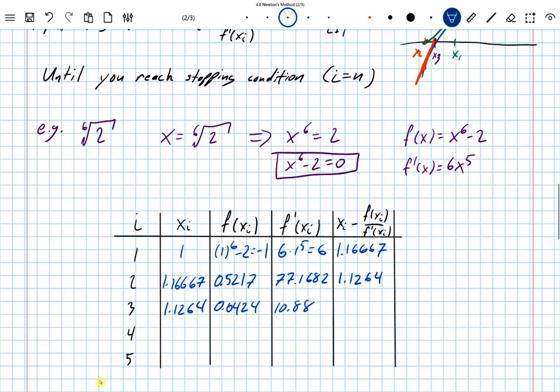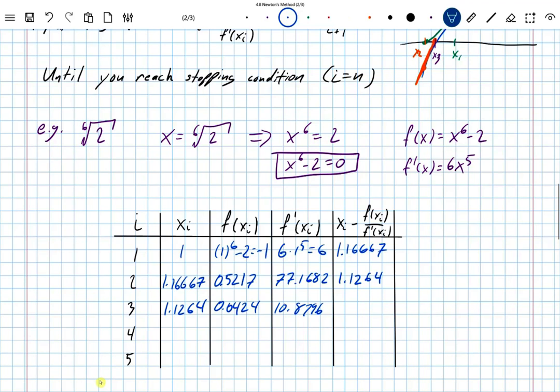You don't have to do this whole table. I just think it's kind of helpful in showing my work for you all. Certainly it would help you keep your work a little organized for yourself if you did. I want one more decimal place here: 10.8796, that sounds better. And I plug all that in, and I should get